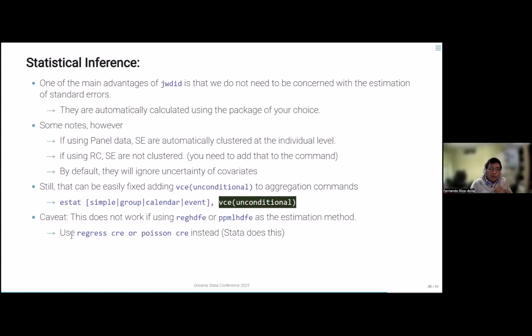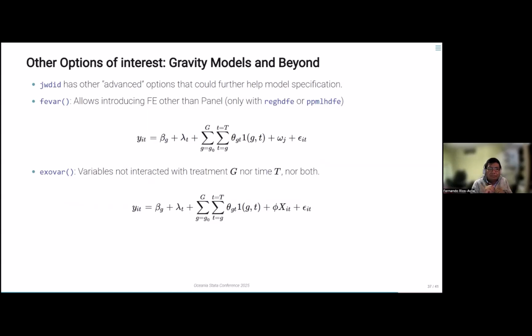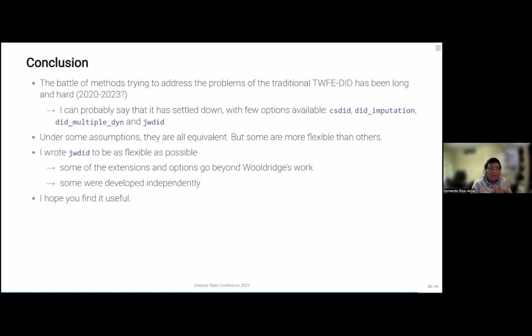However, you could use the regress method with CRE or Poisson with CRE. This first one is what Stata currently does, for example, to estimate the Wooldridge approach and estimate with the correct unconditional standard errors. I'm going to leave the other details for other options that are really more advanced. And just closing with this,